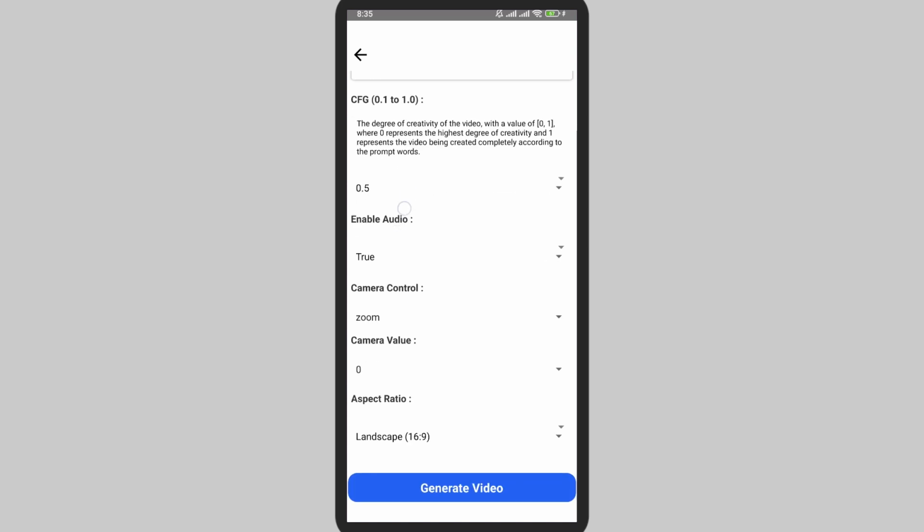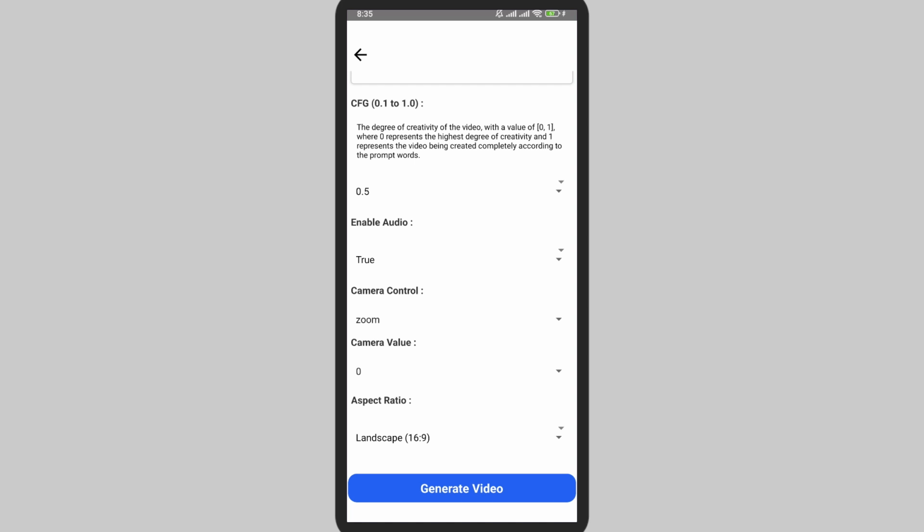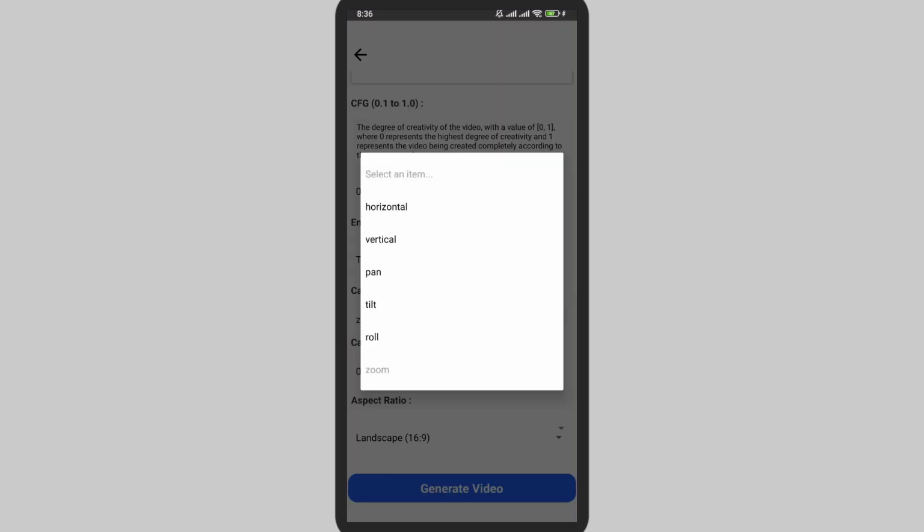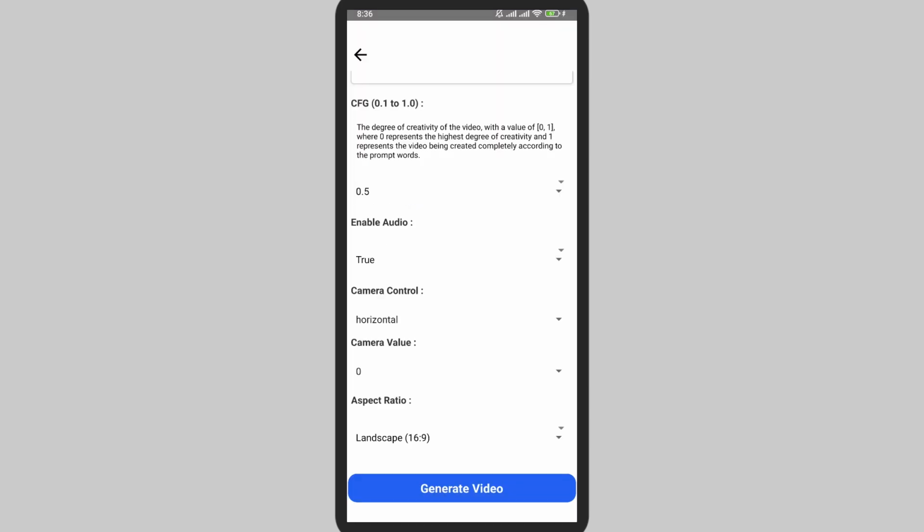Here, if you slowly scroll down, you'll be able to find different camera settings. Here you can customize it on your own wish. So from the top there is camera control, camera value, so you can customize it accordingly. So it's up to your preference and the way you want to create the video. So here simply select the one, and at last, after entering the prompt you can